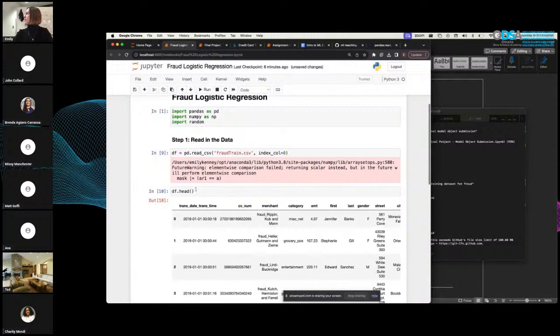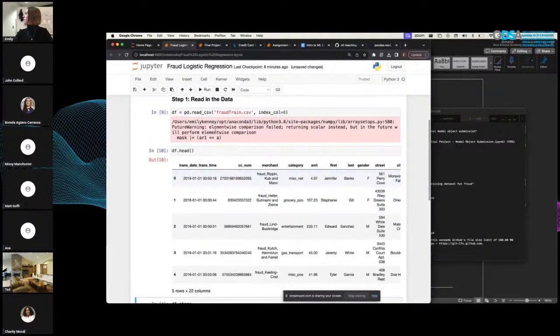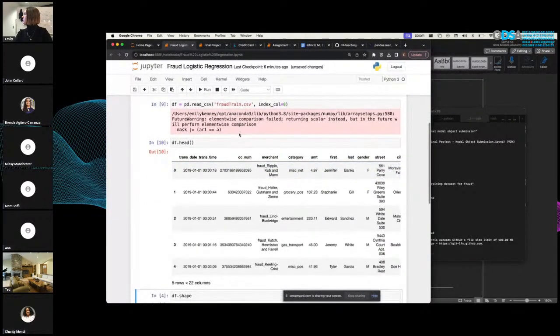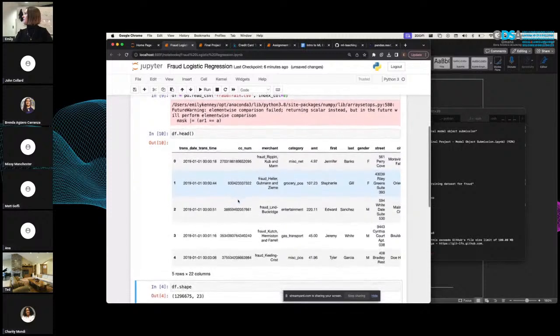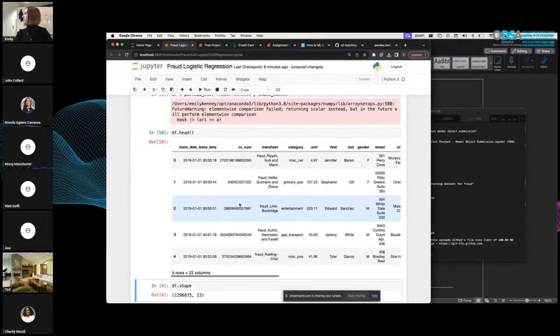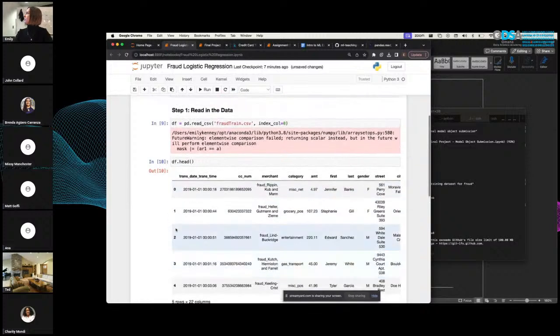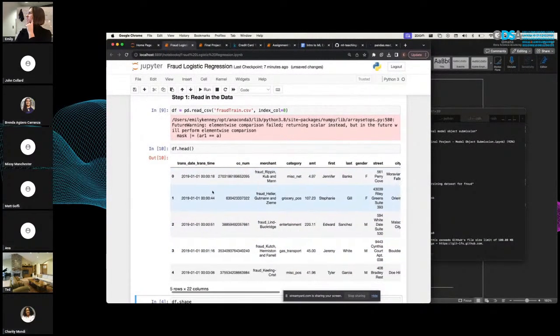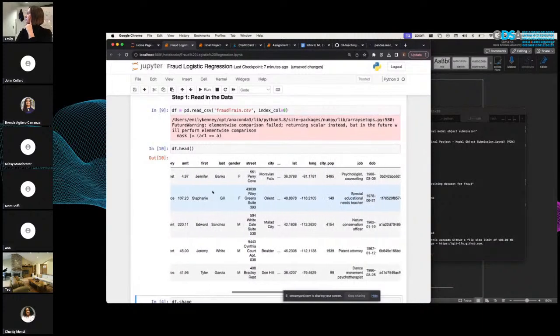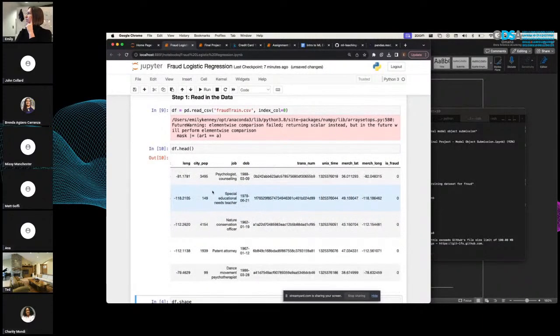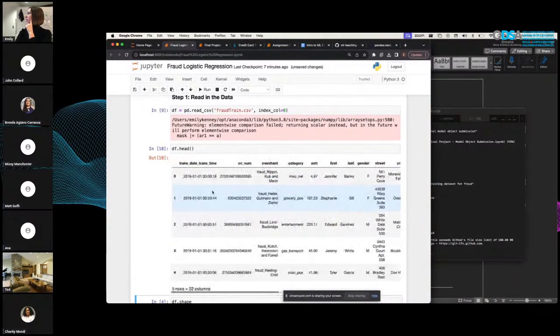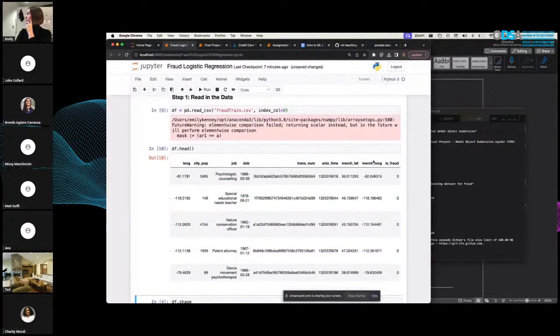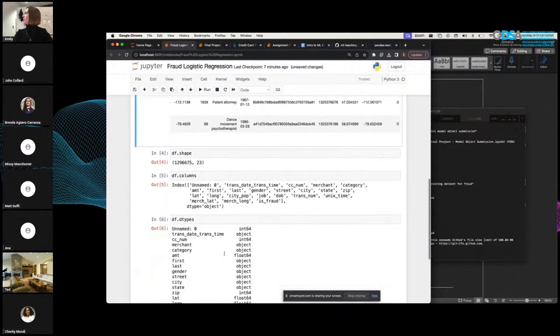There we are. I'm getting a warning here. That's okay. That just means it's telling me something could be wrong, not that something is wrong. So you can do index_col equals 0 and you get rid of that little extra index column. You can see there's a bunch of features here. You don't have to use all of them. You can use as many as you want, but you can see that is_fraud is going to be our Y target variable. So maybe we want to pull that out.